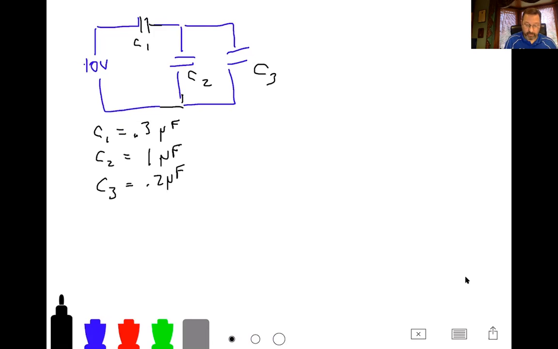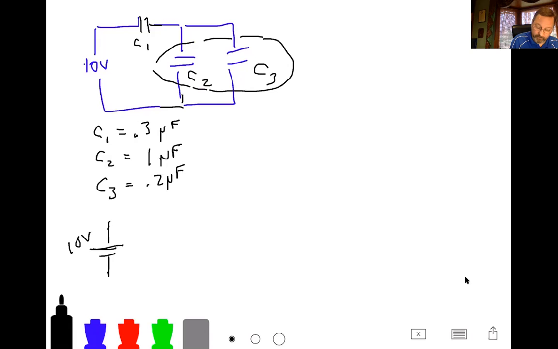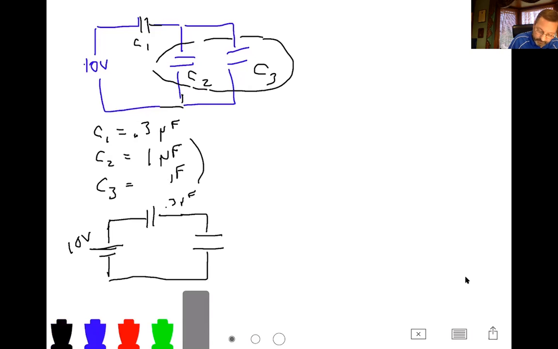Okay, and the first thing you want to do with a circuit like this is redraw it, and you can see that C2 and C3 here, aren't they in parallel? And so can't I replace them with a single capacitor? I'm going to draw the 10-volt battery like it probably ought to be drawn in the worksheet. Okay, and so I got C1 right here. That's the 0.3 microfarad capacitor, and then we said for two capacitors in parallel, all we do is we add C2 and C3. I dropped a 5, didn't I? I said it, but then I didn't write it.